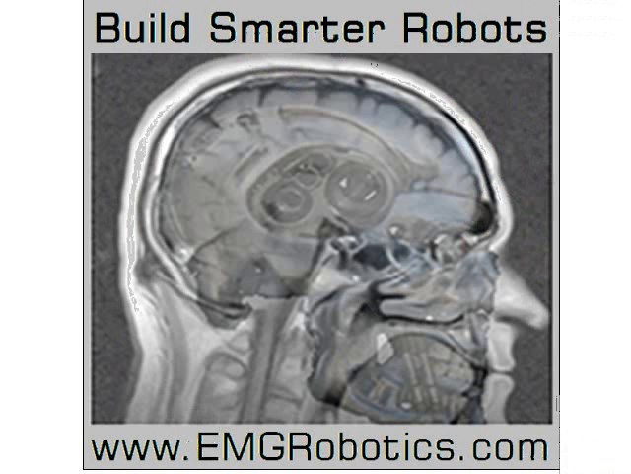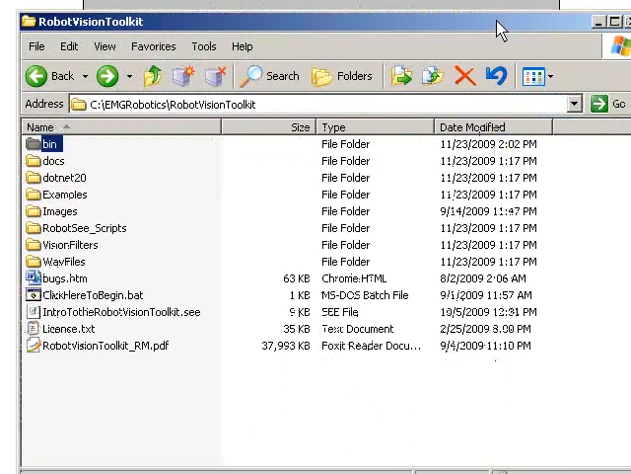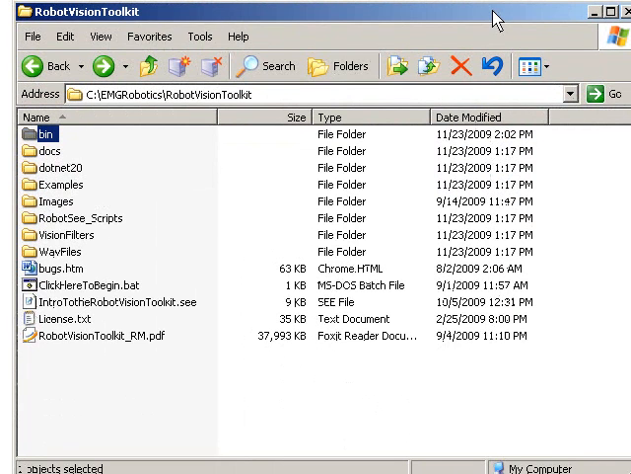You can download the complete RobotVisionToolkit from www.emgrobotics.com. It's at that website that's up on the screen right now. When you download and install it, you're going to get something like this. It installs to a directory called EMG Robotics, under a directory called RobotVisionToolkit. What you're going to want to do is go into the bin directory,